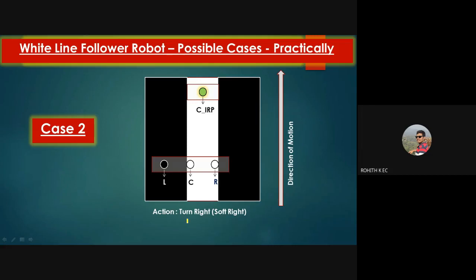Just by looking at the diagram, you should be able to identify how to capture this particular scenario. So case 2, since we have black color, L is greater than TH, and since C is detecting white color, it is less than TH, and since R is detecting white color, it is less than TH.